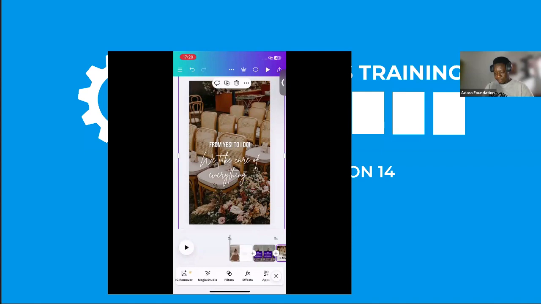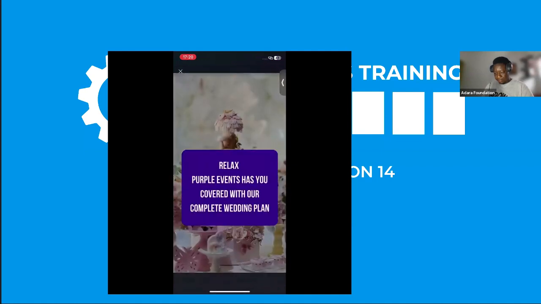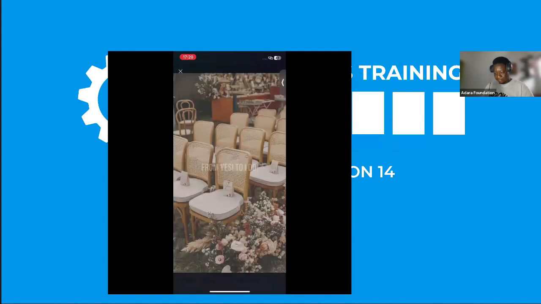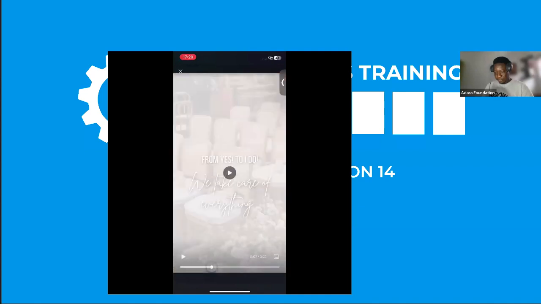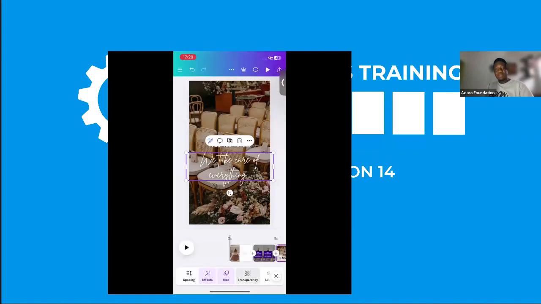Now the transition for this one. Let's see what it looks like currently. It's all coming from under up. You can choose to leave it like this, or you can choose to make it